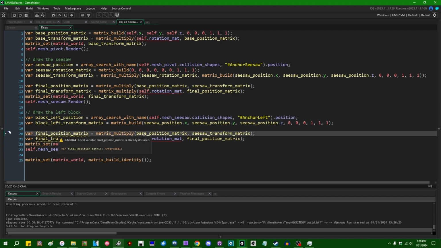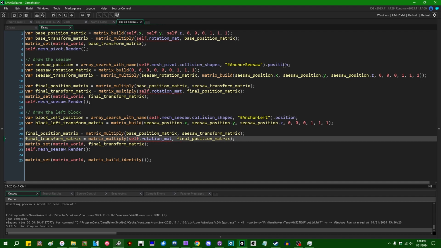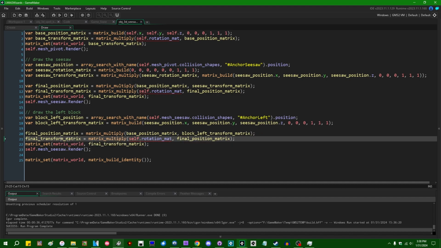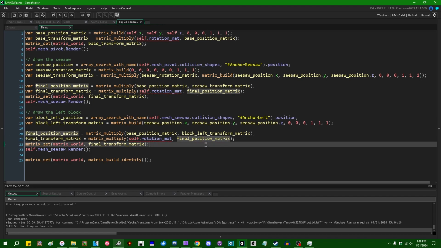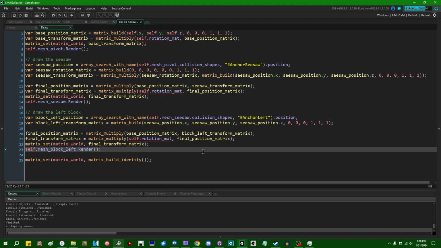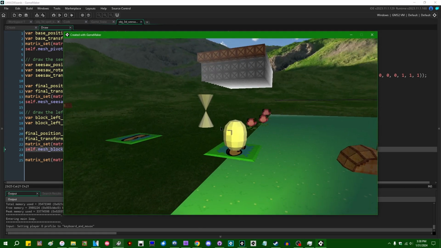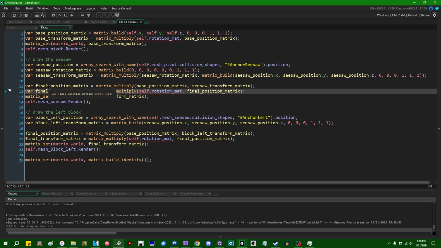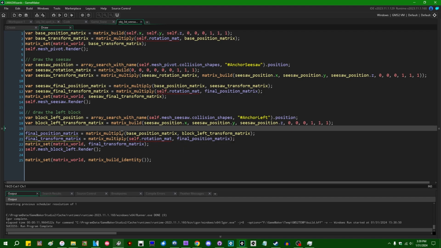But the final position matrix can be the block left transform matrix, multiplied into the base position matrix. Final transform matrix is going to be taking the object's rotation matrix and multiplying in the final position matrix. We can then draw block left, like that. That should be one of them. And after this, I think all I'm going to want to really do is, okay, not what I had in mind. I think because instead of...